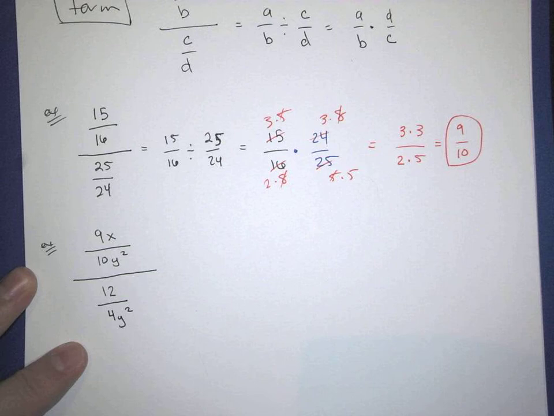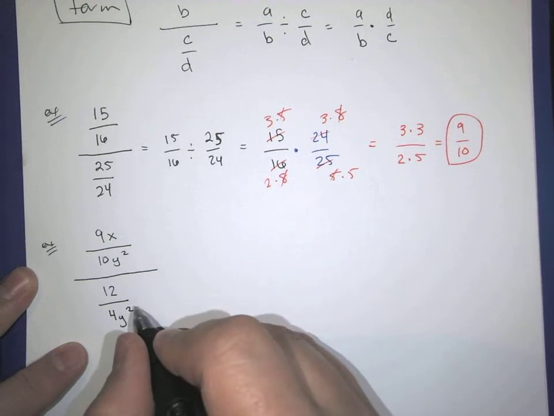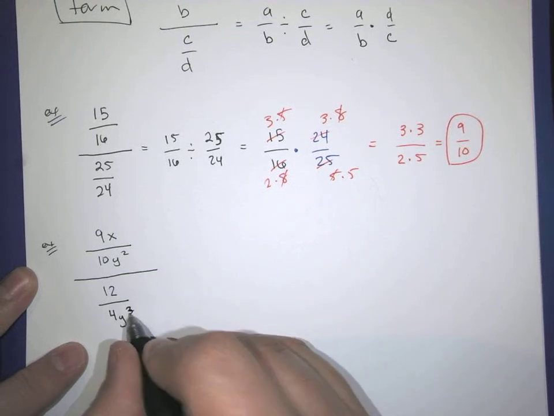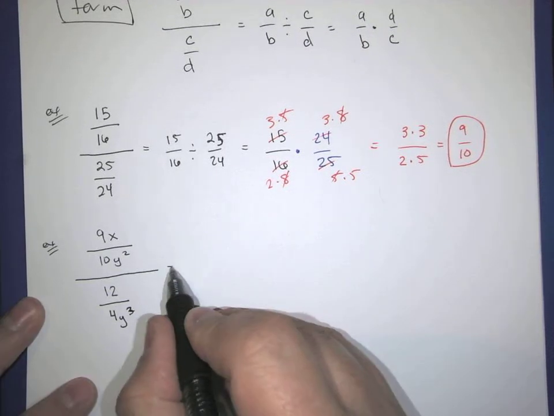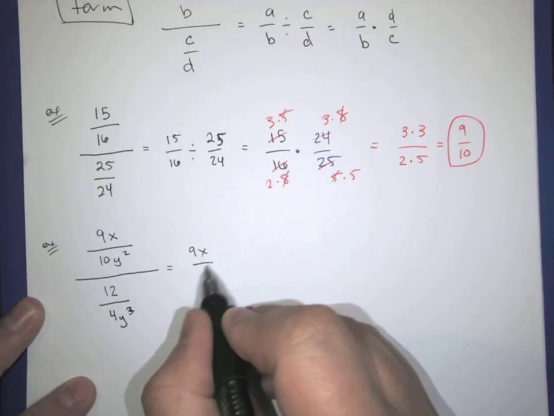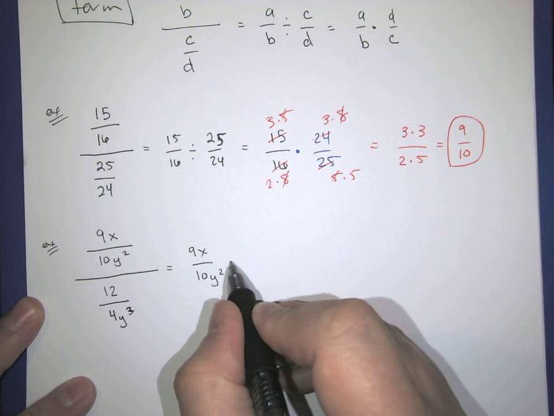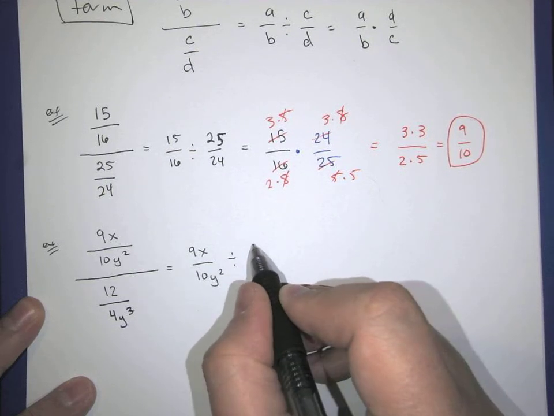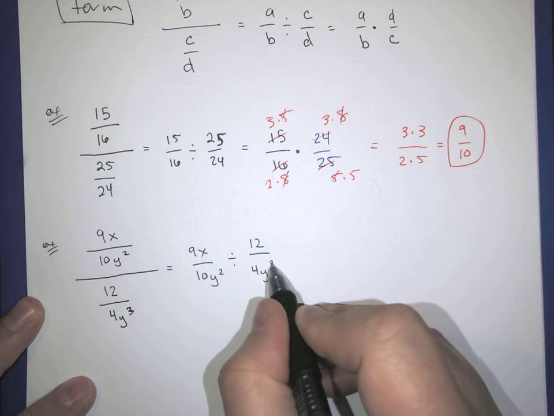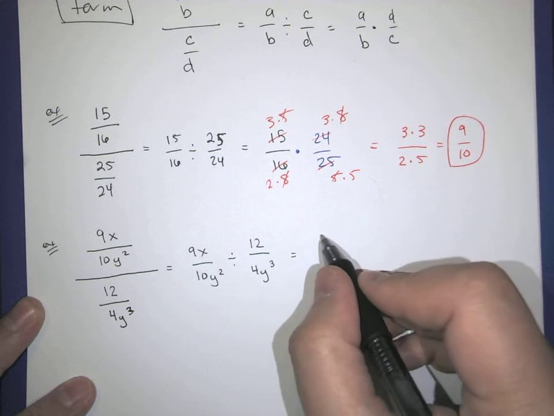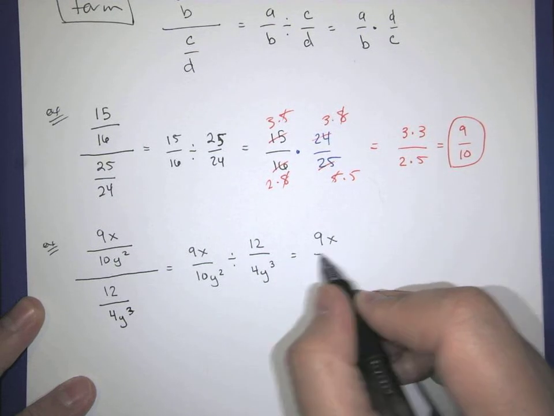Let's make this one 4, and let's make this y cubed. So, same start, 9x over 10y squared, divided by 12 over 4y cubed equals